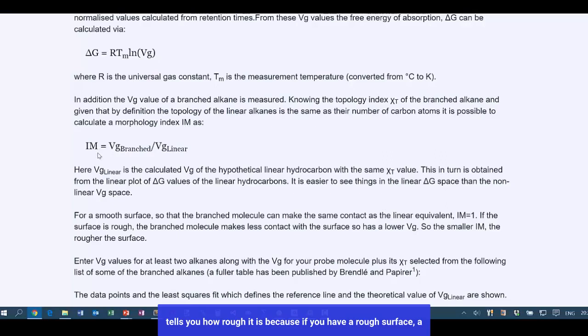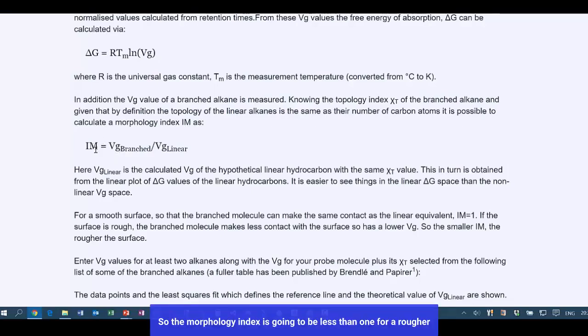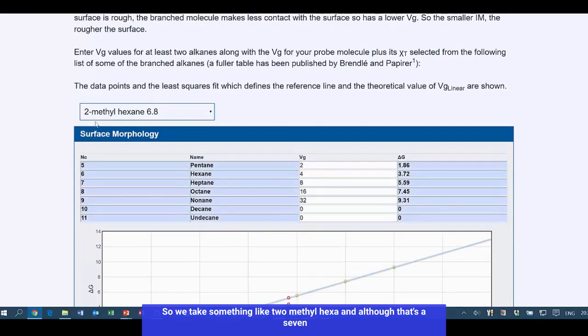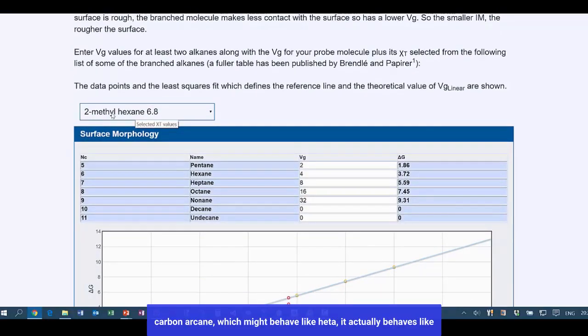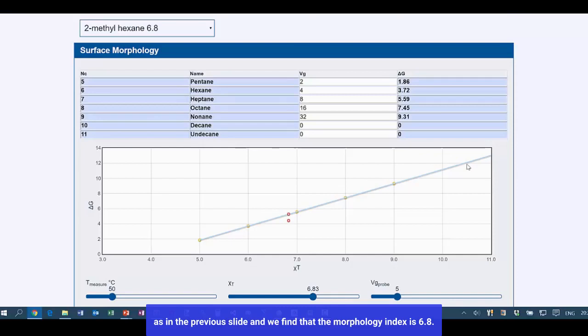Because if you have a rough surface, a branched alkane is less able to contact the surface, and therefore the effective Vg will be less. So the morphology index is going to be less than 1 for a rougher surface. So we take something like 2-methylhexane, and although that's a 7-carbon alkane, which might behave like heptane, it actually behaves like 6.8ane. So you have the standard set of experiments, and I've got the same data as in the previous slide,